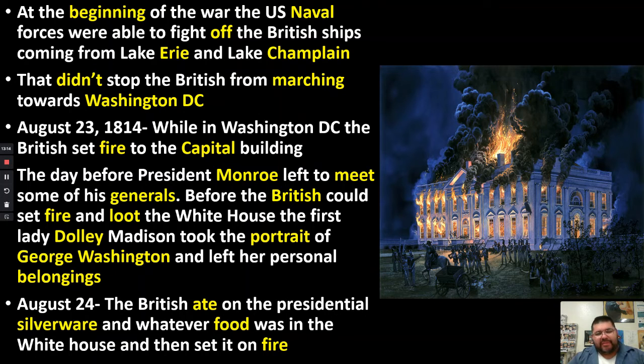Another thing a student has asked me in the past was, if I go to the White House, can I see where the place was burned? The White House has been renovated quite a bit since 1814. So a lot of the original walls have been taken down and removed. But I'm sure there are some original walls, roofs, and ceilings. So on the tour, they'll probably tell you, yeah, this is the original roof, so this section was burned. So okay.